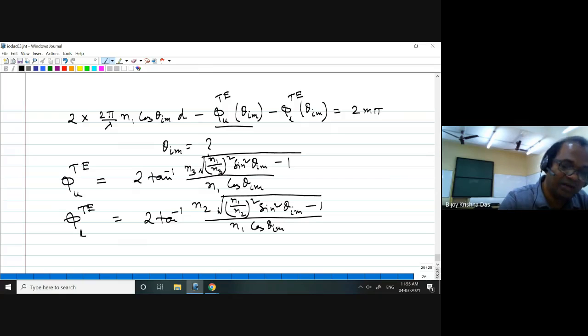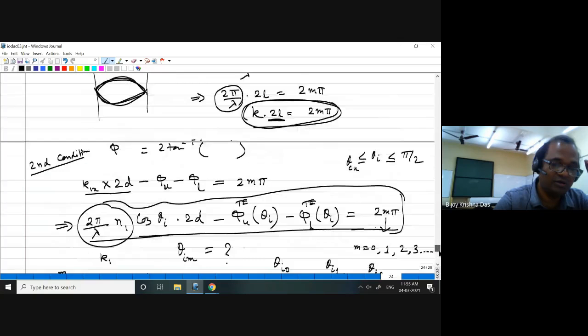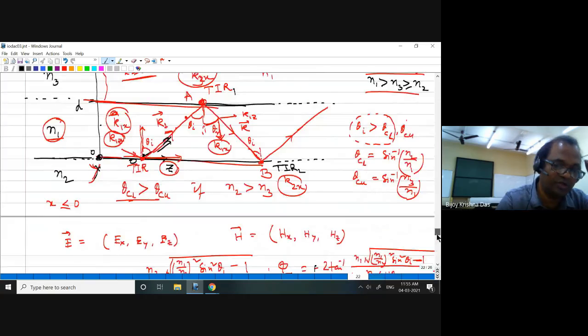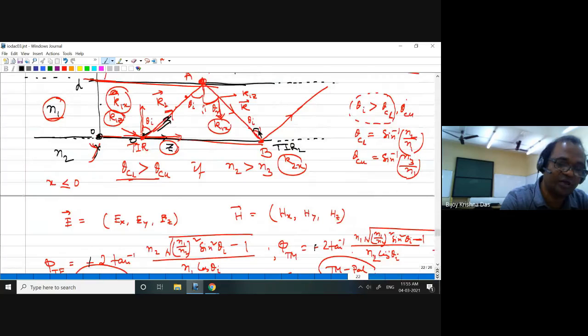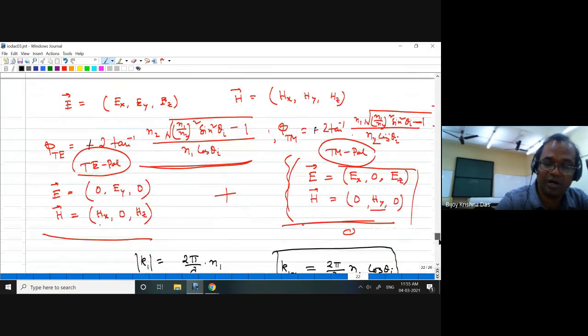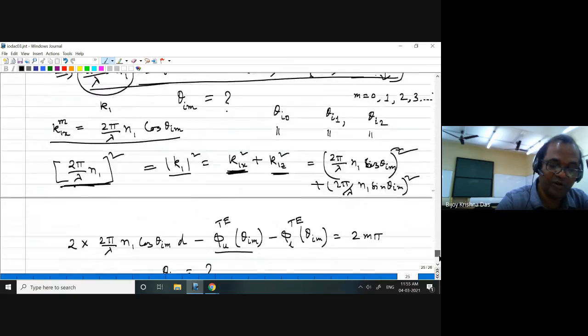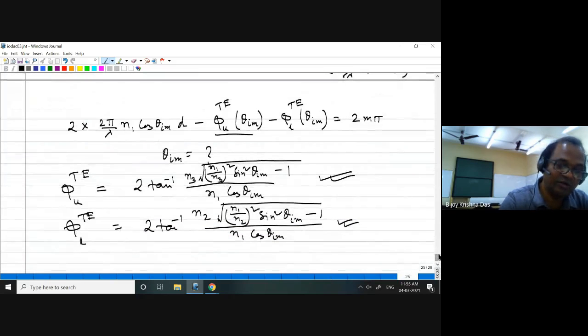You remember that here in this equation theta im, and in this equation theta im I am putting same, because when total internal reflection is taking place, whether it is upper interface or lower interface, the angle will be same. Theta im should be same. So here if you see this angle, as I say that this is theta I, this is also theta I. So that has to be maintained in both the equations. But in both interfaces, your refractive index boundary is different. That's why here we are writing N1 by N3 and here we are writing N1 by N2.